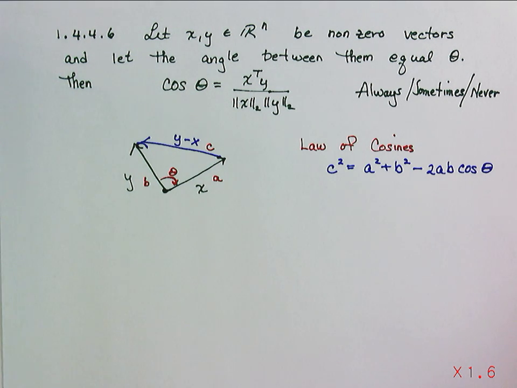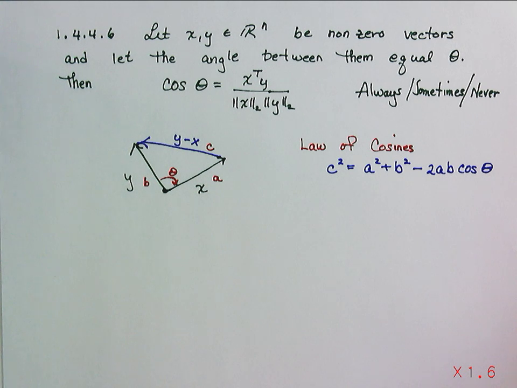Here we have, let x and y be vectors of size n, and we want them to be non-zero vectors, and let the angle between them be equal to theta. Then the cosine of theta is the dot product of x with y divided by the length of x times the length of y. Is this always, sometimes, or never true? And again, since we're giving a picture to help us think through this and a hint, I suspect it's always